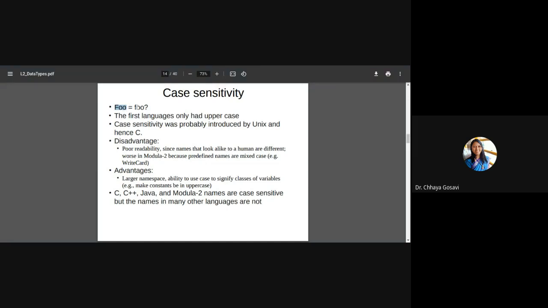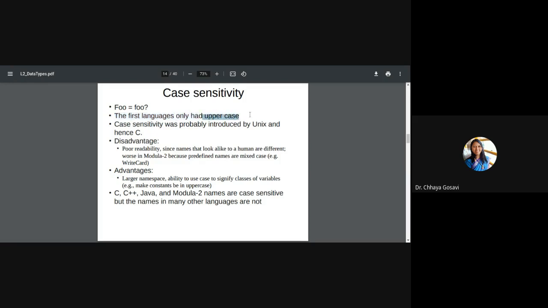If these two names are the same, that means the language is case insensitive. If these two names are different, that means the language is case sensitive. In Java, we have seen Complex when C is capital and when c is small. You can use two different names, capital C for a class name, small c for a function name. In the first languages, before C also, there were only uppercase letters.